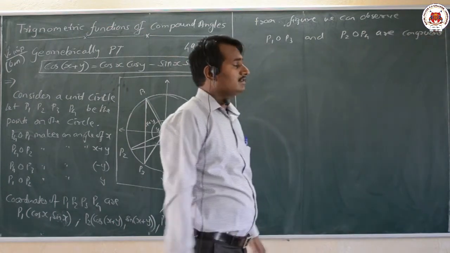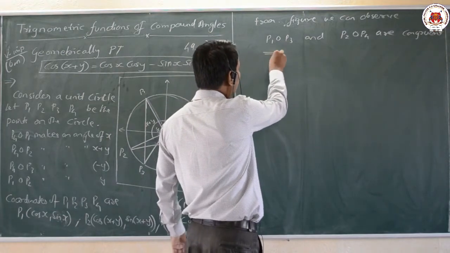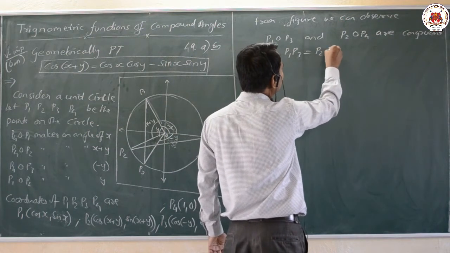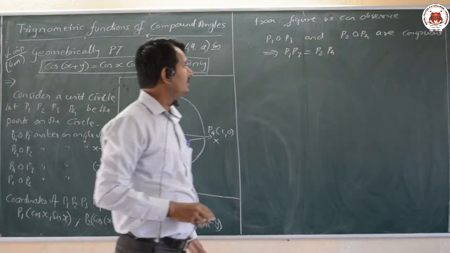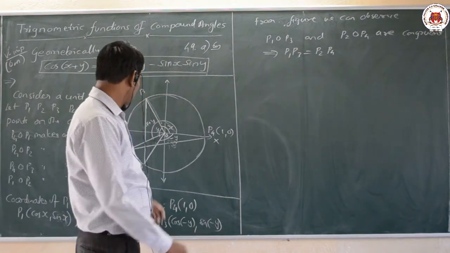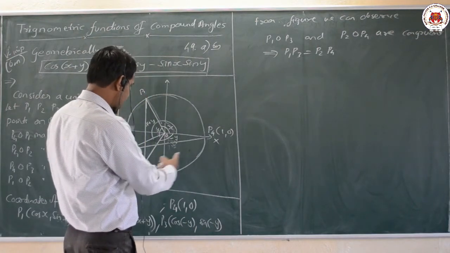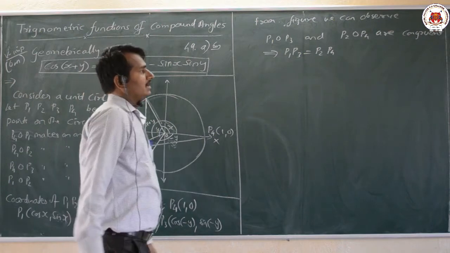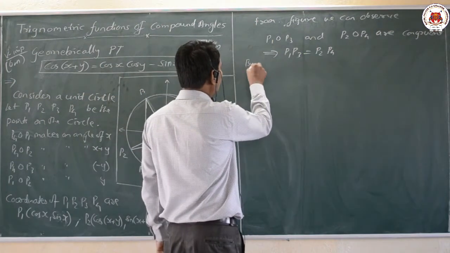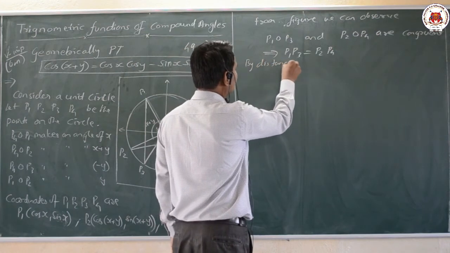Now if it is congruent, that implies P1P3 is equal to P2P4. If it is congruent, it means P1P3 is equal to P2P4. That means the distance P1P3 is equal to P2P4. Now here, by making use of the distance formula,